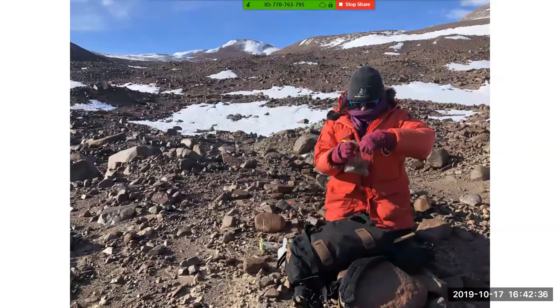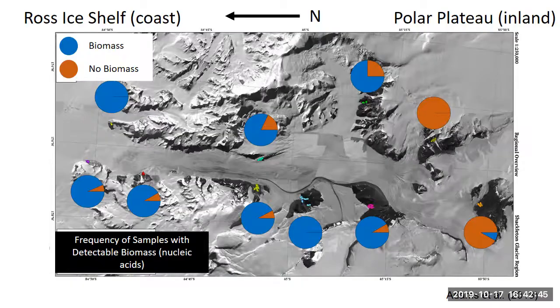So we went to each of these sites, and like I said, we collected soil samples. This is me, bright pink gloves, purple scarf, blue glasses and all. And when you look at these soils, they tell an interesting story. So I'll show this image at least another couple of times. What we're looking at is still the Shackleton Glacier. The orientation is flipped, so now north is pointing to the left, and the ice is here and the ice-free areas on either side. This image is looking at frequency of biomass,